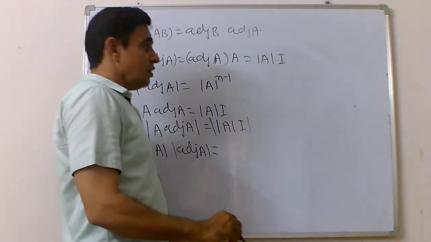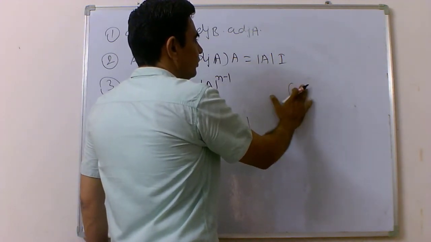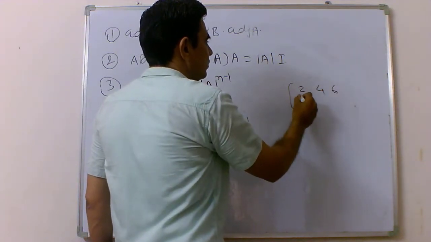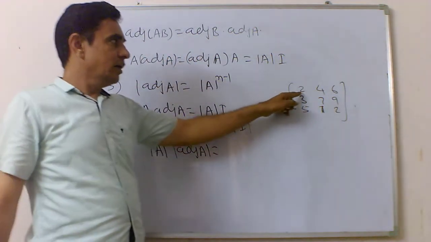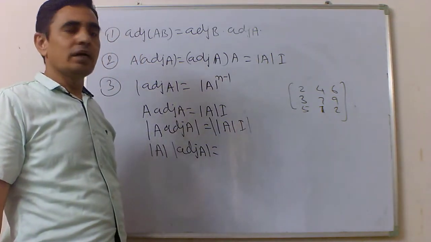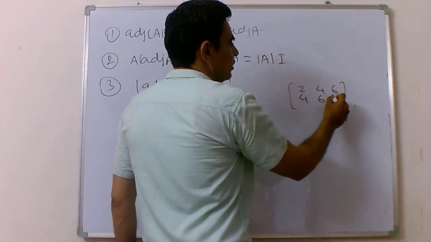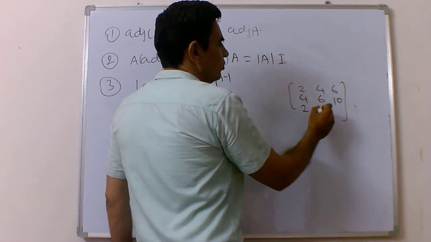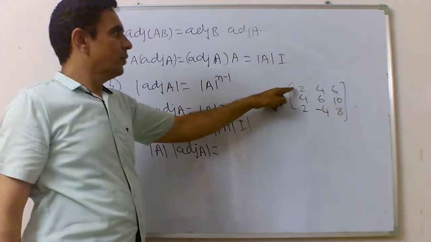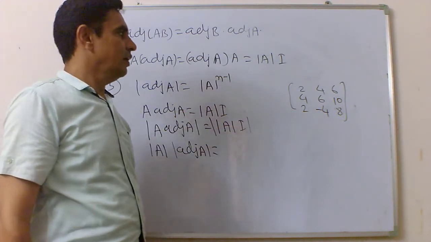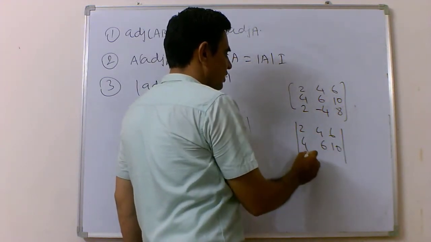in the matrix, आपल्याला मॅट्रिक्स मध्ये माहिती आहे एखादा एलिमेंट मॅट्रिक्स मध्ये 2 4 6 3 7 9 5 1 2 अशा प्रकारे एखादा एलिमेंट एका रो मधून बाहेर निघत असेल तर ते आपल्याला तो एलिमेंट आपण काढत नाही, परंतु या ठिकाणी असं असेल 2 4 6 10 then 2 -4 5 -4 8. म्हणजे या ठिकाणी प्रत्येक एलिमेंटच्या मल्टिपल मध्ये 2 हा एलिमेंट आहे आणि यालाच आपण डिटर्मिनंट मध्ये कन्वर्ट करून टाकलं. 2 4 6 4 6 10 2 -4 8.